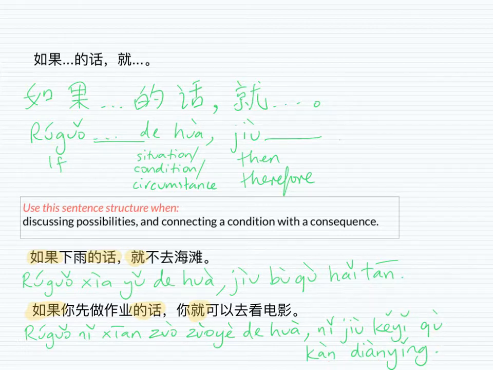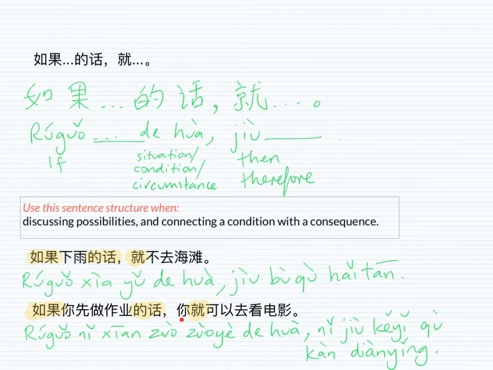You can go to the movies afterwards. 如果你先做作业的话，你就可以去看电影。